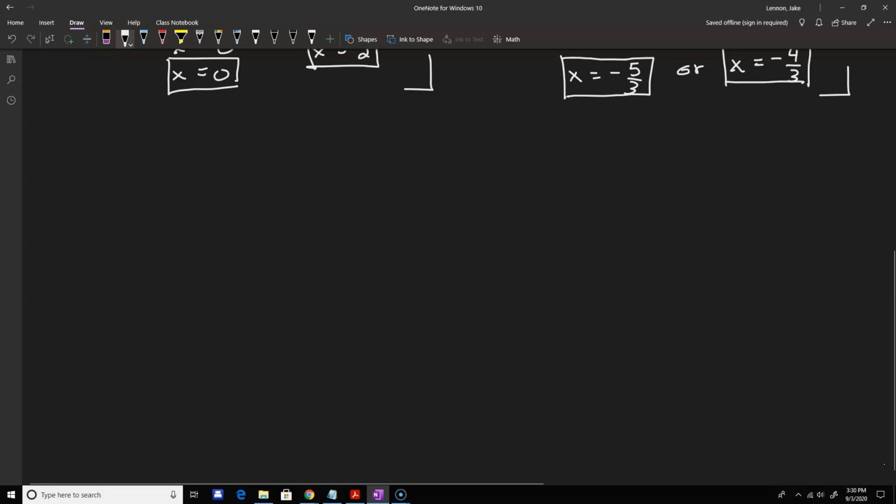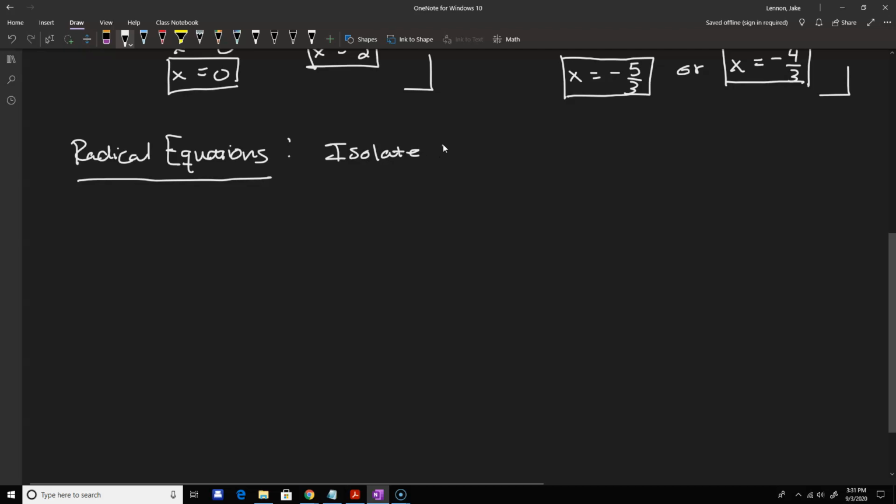So moving on, let's look at some radical equations. In particular, we'll just be looking at ones that involve square roots, but the same technique will apply to cube roots and fourth roots and any finite root. So the technique here is isolate the radical on one side of the equation